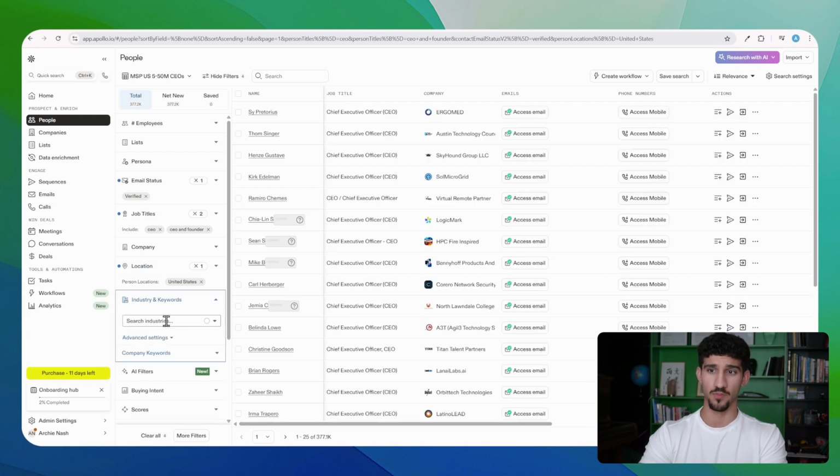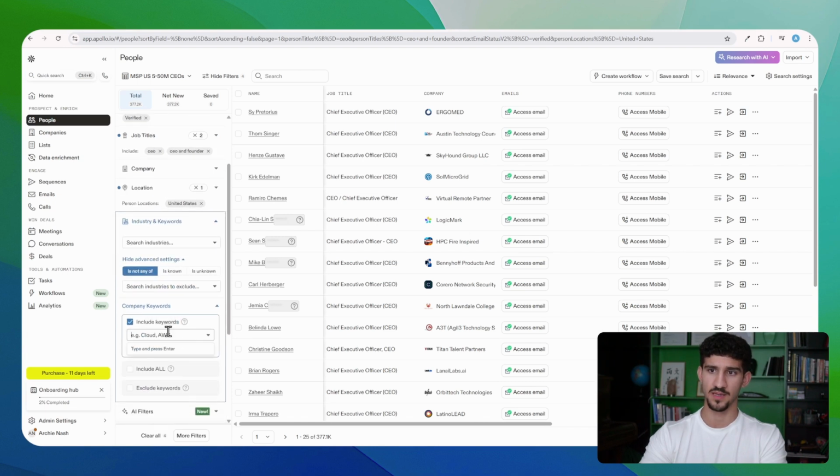Industry keywords. Now, what I recommend is not using this industry keyword because it has only a very limited few. What I would actually recommend is going to advanced settings, company keywords, and start typing all the company keywords in here. So for example, AWS or stuff like that. And then the best way, actually, what I've found to get this kind of list is just